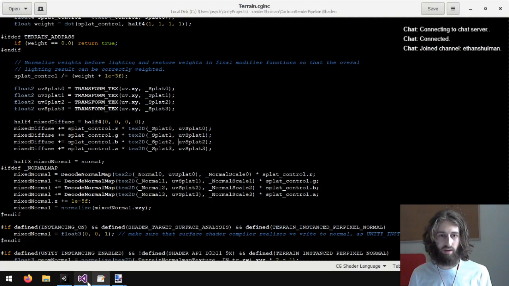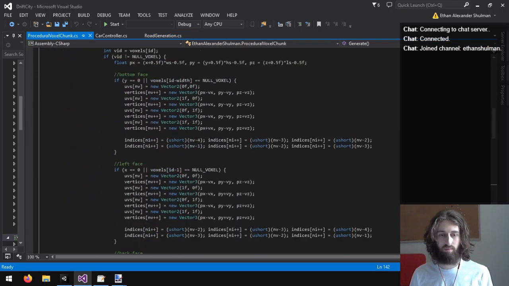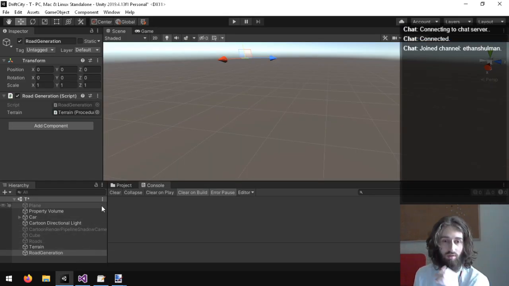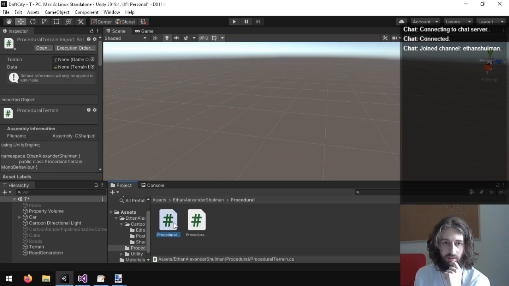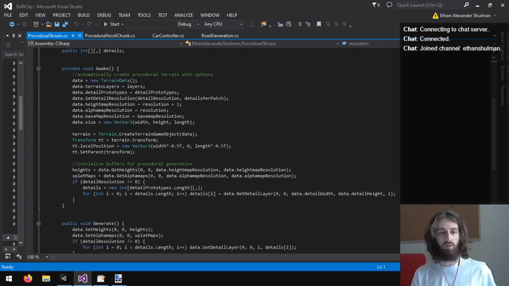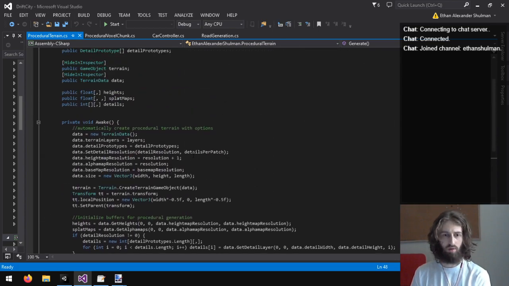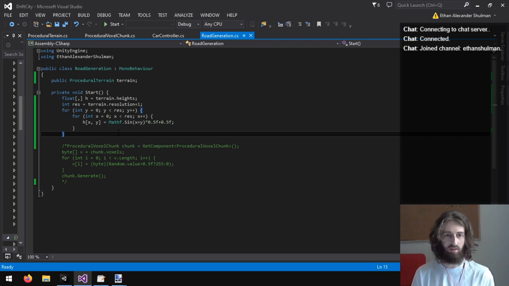Okay, so I set it up, but then I didn't... Okay, first of all, I just realized I can actually do something to make this more efficient. I don't need to generate the terrain until you actually generate it for the first time. So I actually shouldn't call this until it's already generated.